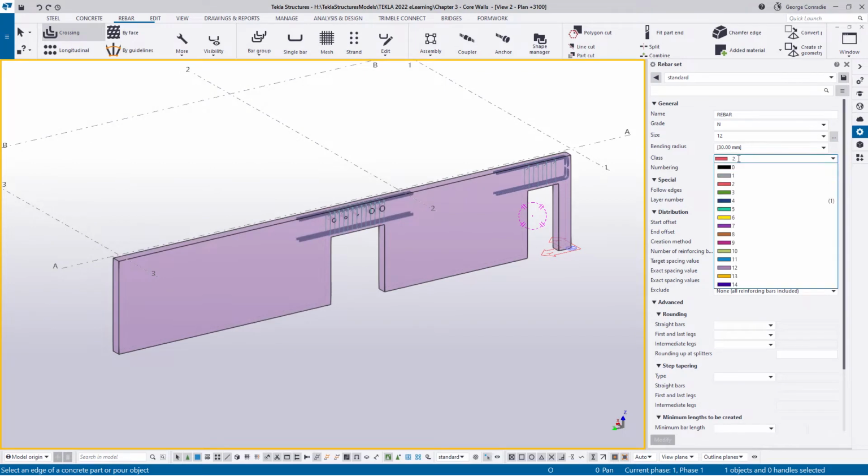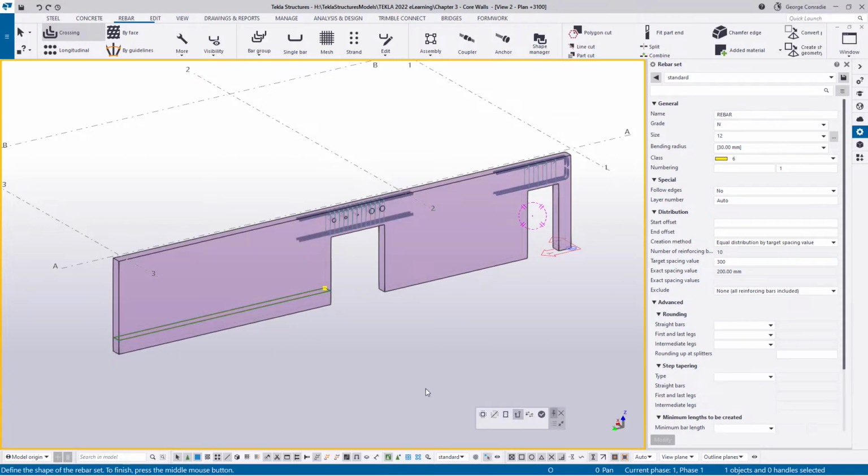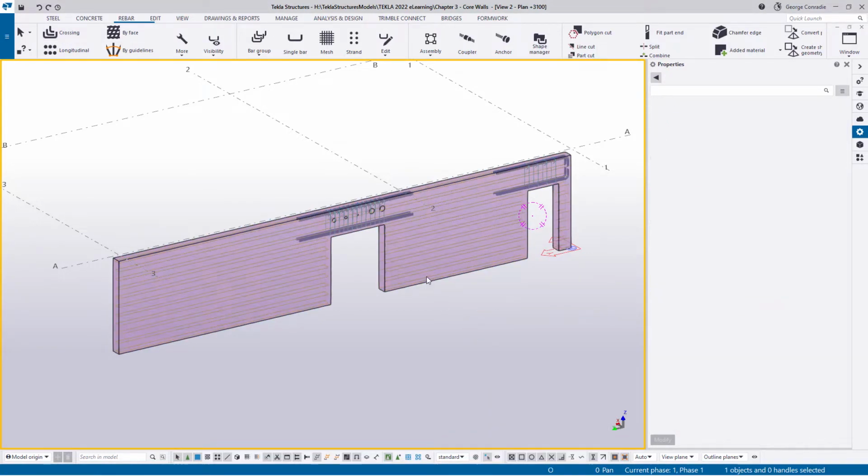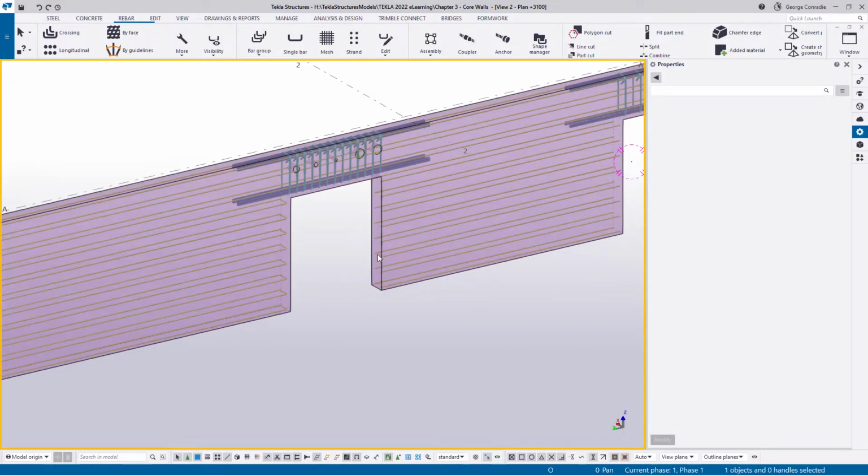I am going to pick the yellow bar or yellow class 6 for the horizontals. And then for the spacing, the engineer is asking for 300 millimeter spacing. And then I think that's it for now. We will deal with the creation method in a second. So if I just click over this, and say okay, now although you're only seeing that, if I click this, you can see because of the ranges from top to the bottom, it's also going to include bars everywhere where you see yellow. So if I say OK, you can see we've got bars across the whole panel,